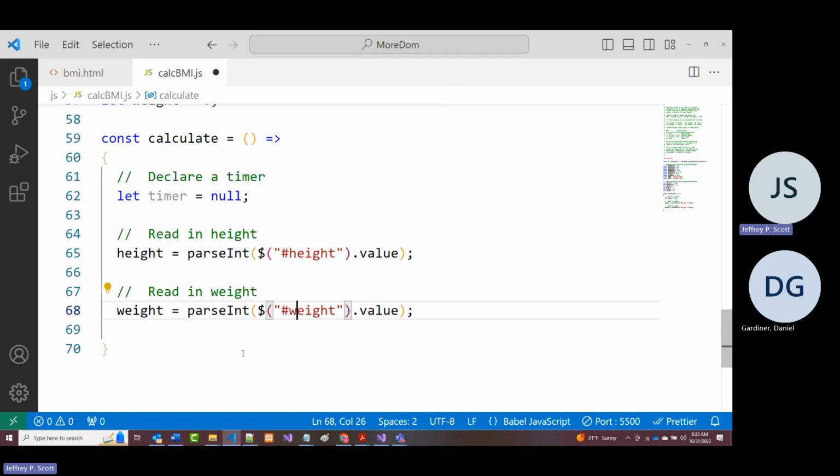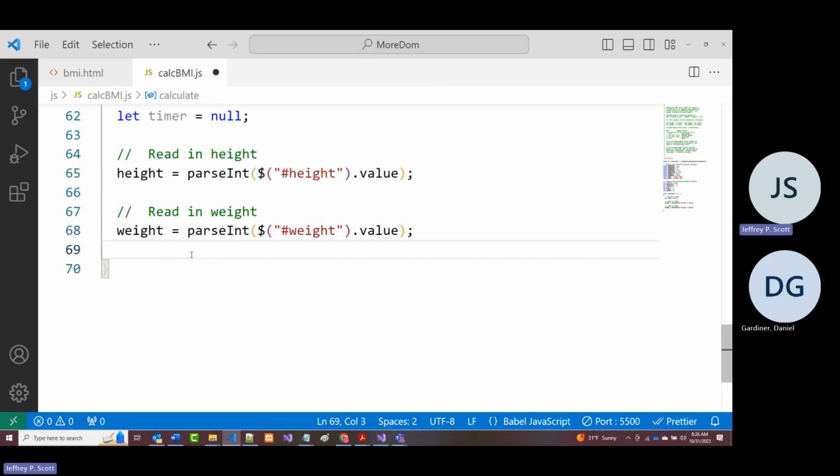All right, now what we're going to do is validate the height, and if it comes back as valid, we're going to validate the weight. If we validate the height and it comes back as invalid, we're just going to return. There's no sense in going on. If we validate the height and it's valid, then we validate the weight. And in the same way, if the weight is invalid, we will just stop. Otherwise, we'll go on. So that's kind of what we have to look forward to here. So I'm going to say is valid